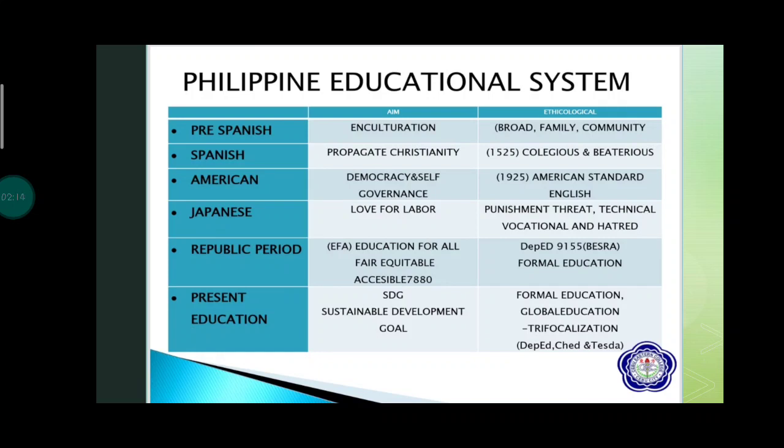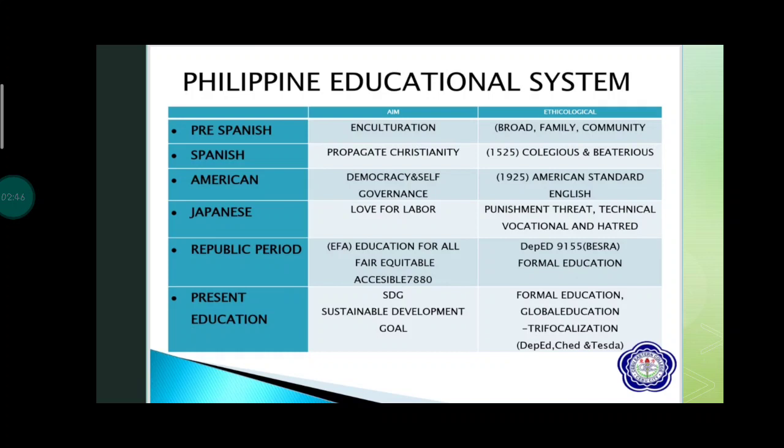So then sa American is mga democracy and mga self-governance, mga American nga mga standard nila. Then English speaking sila dito. Then Japanese, love for neighbor. So mao na ilang motto sa Japanese, love for neighbor. And punishment, technical, vocational. Then Republic period, EFA or Education for All, fair, equitable, accessible,